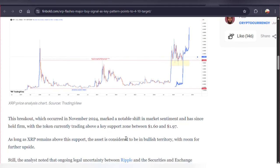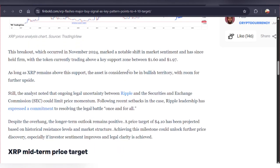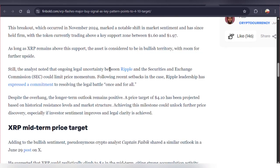The token is currently trading above a key support zone between $1.60 and $1.97. As long as XRP remains above this support, we're in absolutely bullish territory with room for major upside. This is the kind of technical setup that separates the wheat from the chaff, and XRP is showing us it's ready to dominate. Now, the analysts did note that ongoing legal uncertainty could limit price momentum, but here's what I'm